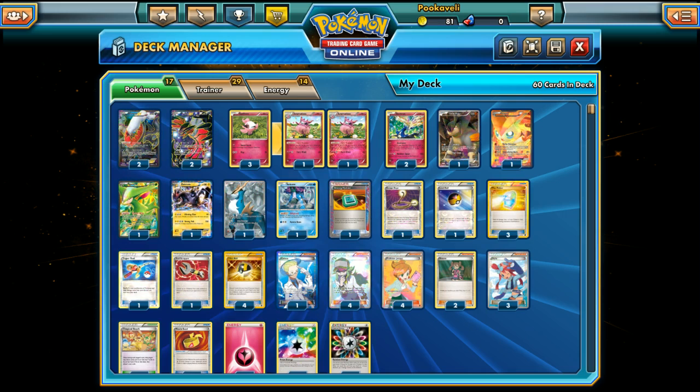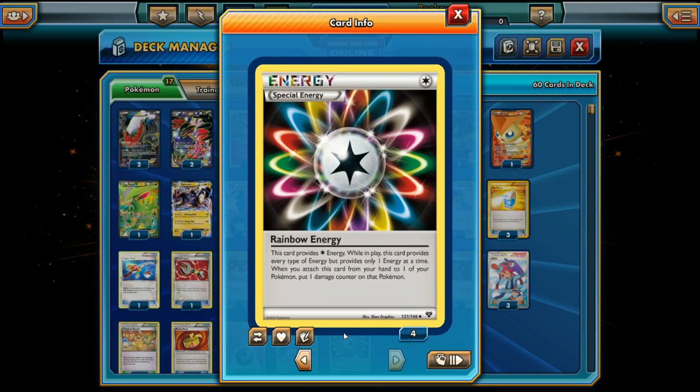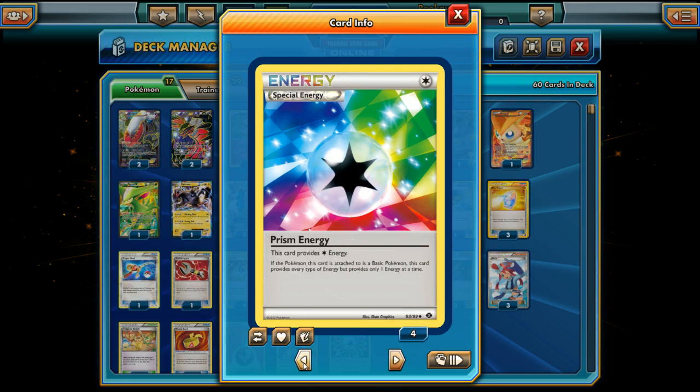Now, unfortunately, I don't have any Xerneas EX on Pokemon TCG Online, so I was not able to throw it into this deck, but I don't even know if we need it. We're going to take a look at this deck that I came up with that's pretty similar to decks from the past. Think back to the 2012 U.S. National Champion John Roberts II and his awesome Klinklang deck that revolved around moving Rainbow Energy and Prism Energy to his Pokemon so we can use all different types of Pokemon